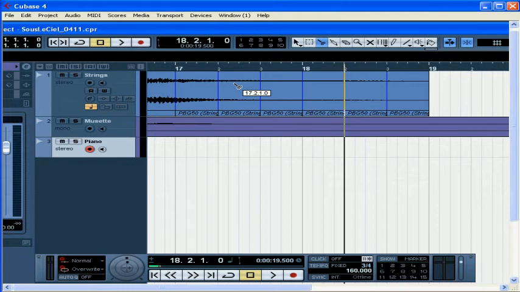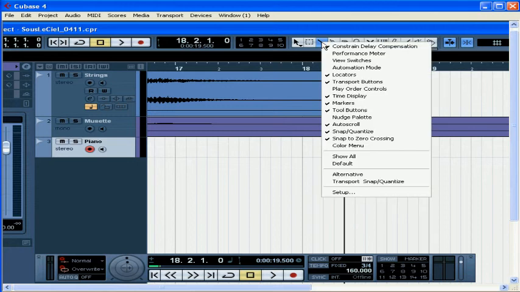Of course, this tool is handy if you're creating a loop and need to cut an event in a precise place, for example, chopping it up into bars and beats. Let's undo all of these splits with multiple Control-Zs. For more information on changing the snap reference, please check out our tutorial on snapping and quantizing later in this course. By the way, if you don't see some of the tools I've been talking about, just right-click or Control-click